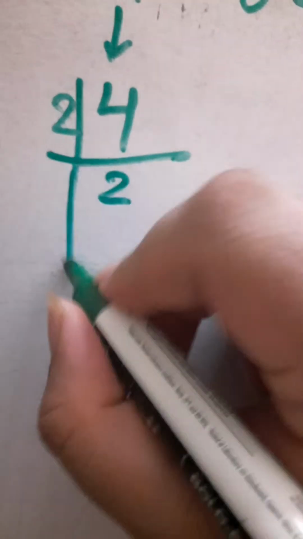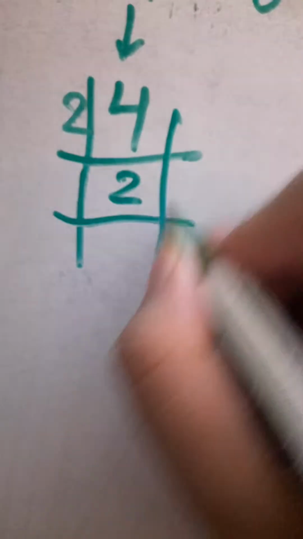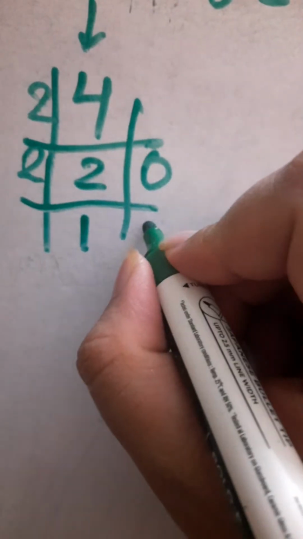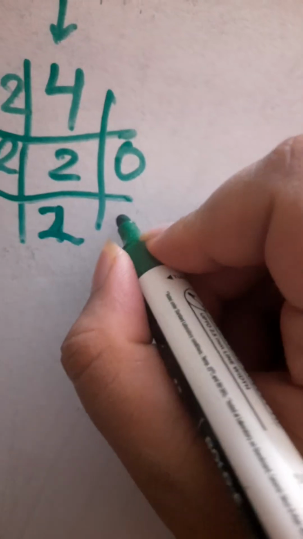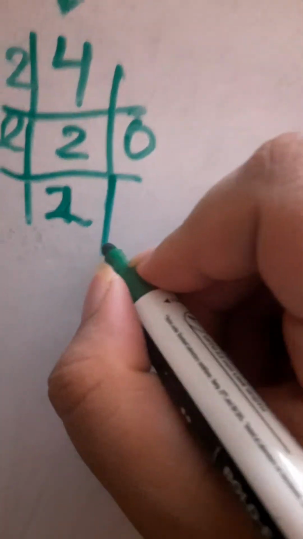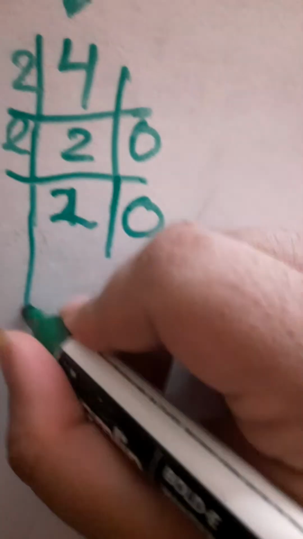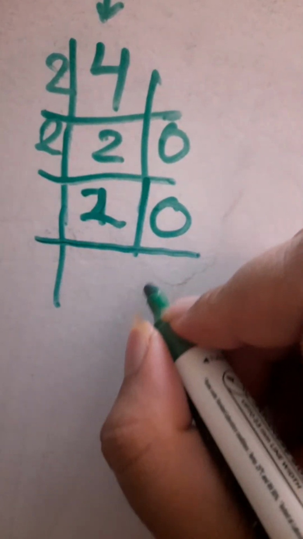So what I would do to 4 is 4 divided by 2. 2 2s are 4. Then the remainder is 0, and 2 ones are 2. Wait a second. 0,